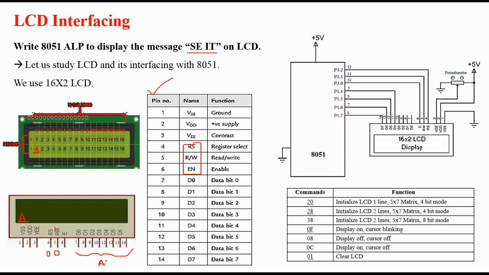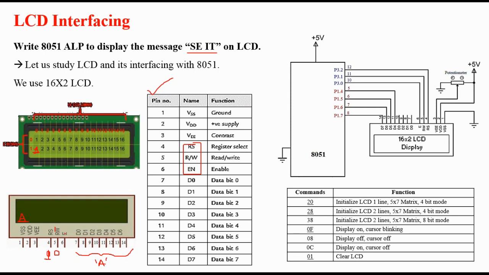In order to recognize that whatever arrived over the pins should be treated as data, for that purpose we will make the RS pin equal to 1. The moment we make it 1, the A data will go inside and get printed. Here also we are writing that data. We are sending a command, we are sending data. That's why a writing operation is performed here, and that is why the RW pin is low.